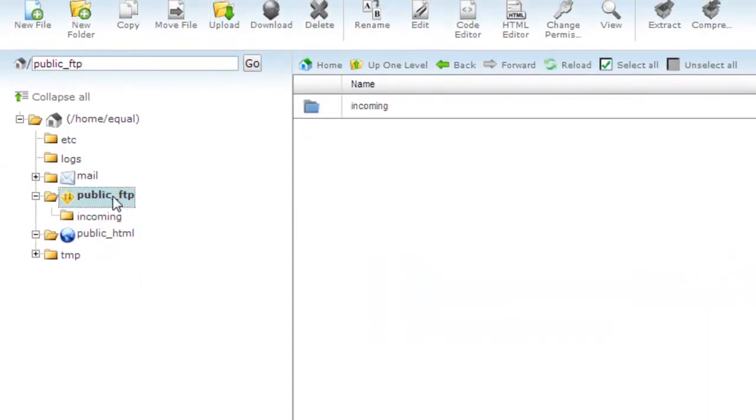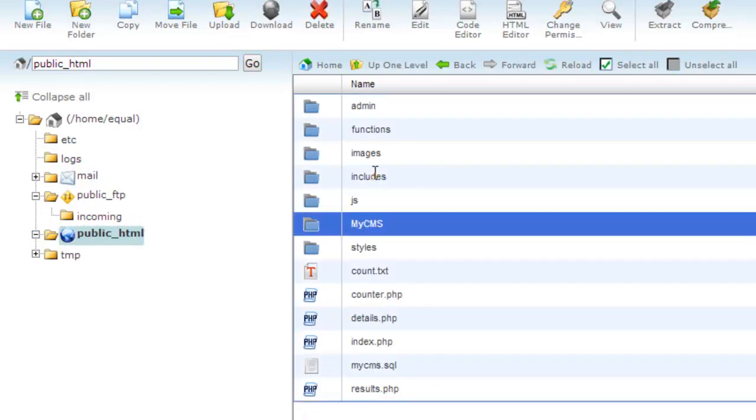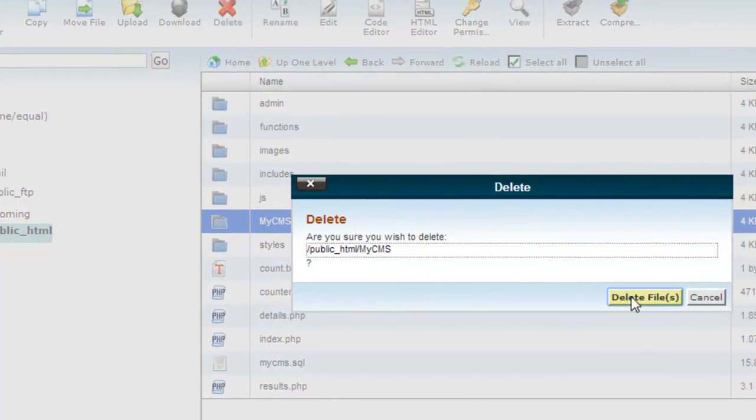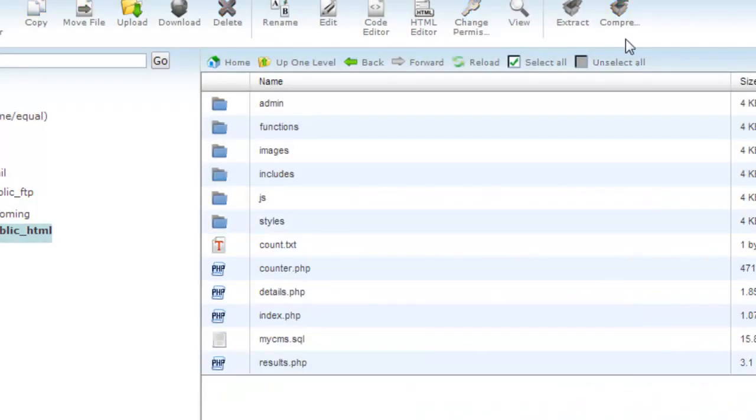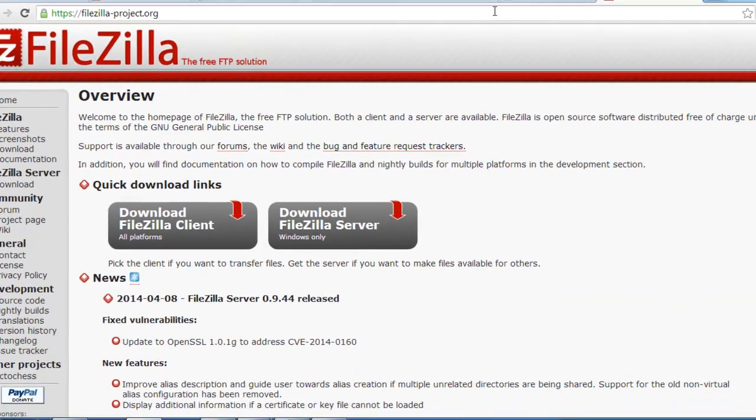Now you can just remove this as well, my CMS folder, that is not necessary, simply because we already have a connection inside the includes folder, and that is having the same connection for this online web server we created, we changed actually. Now simply come to your website, which is